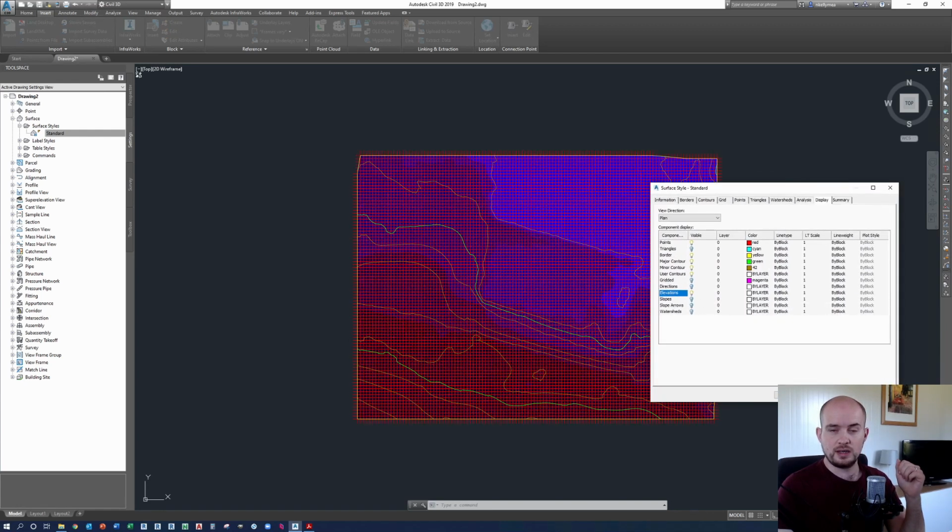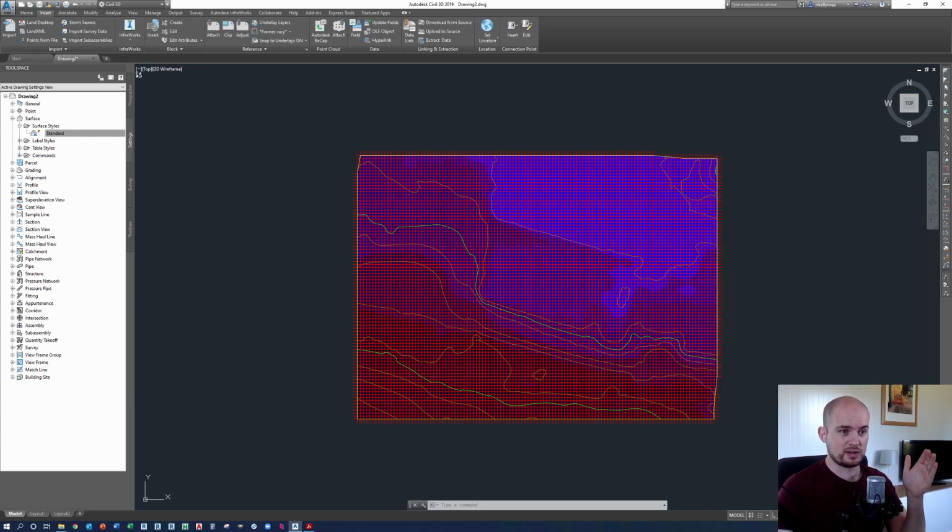So now you can see that we have contours visible. We actually have a color grading to show the respective elevation of elements. Okay. And we have basically a red mesh. All right. And what I'm going to do is I'm going to press OK there, and I'll show you. Because we have so many points,